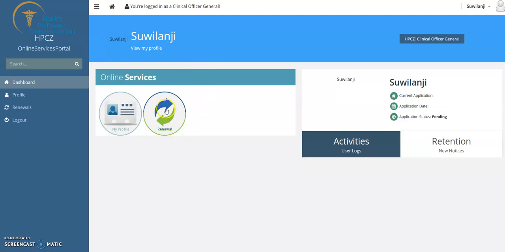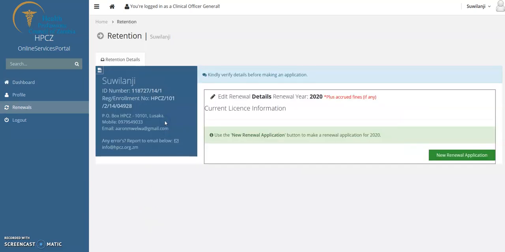I can choose to go any route. So I'm going on this icon as renewal. When I click on renewal, this part opens with my details, of course. Here I'll be able to see my new application. So I have to make a renewal application. When I click on renew application,